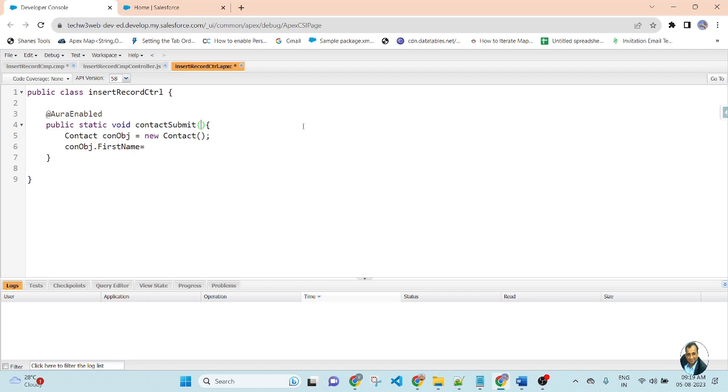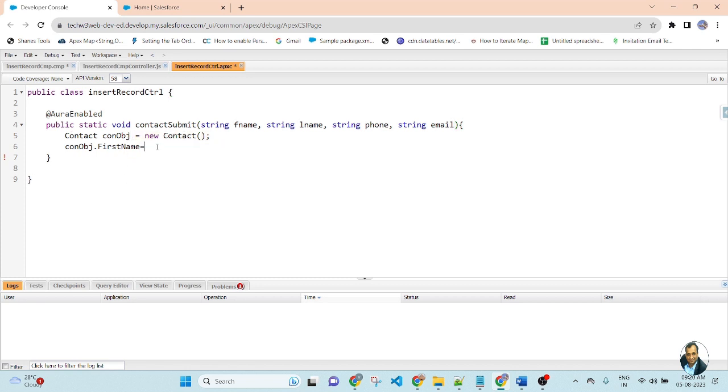I will insert first name, last name, email and phone, so I will pass four parameters here: String fname, String lname, String phone, String email. So this is the instance of the contact.